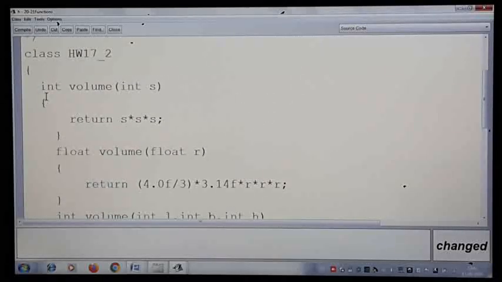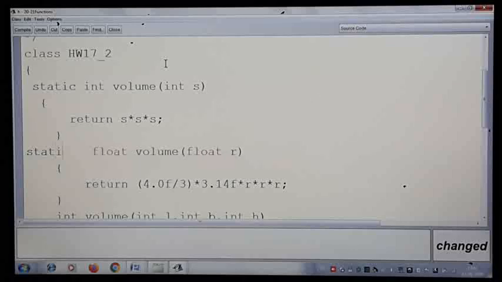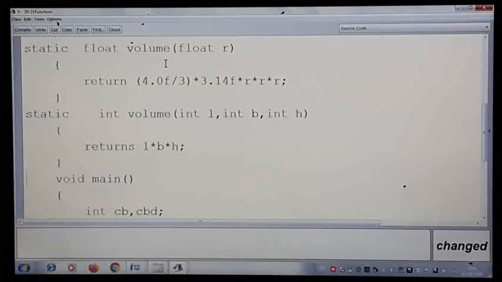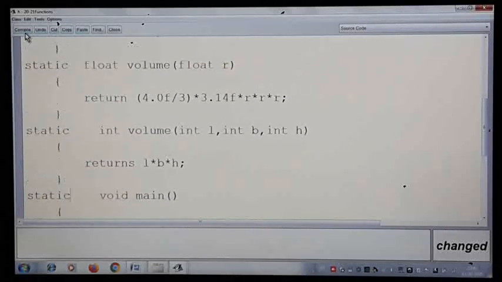For this program, since the last one I showed you was for creating an object and displaying it, let me make this method static now. This also I will make static. So there is no need to create an object, I can avoid that. Keep all the methods static itself. Now I compile.